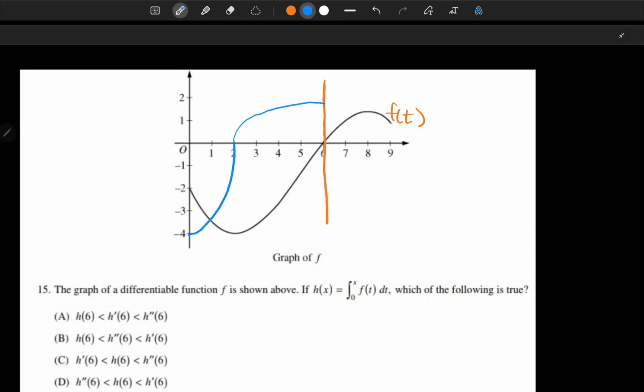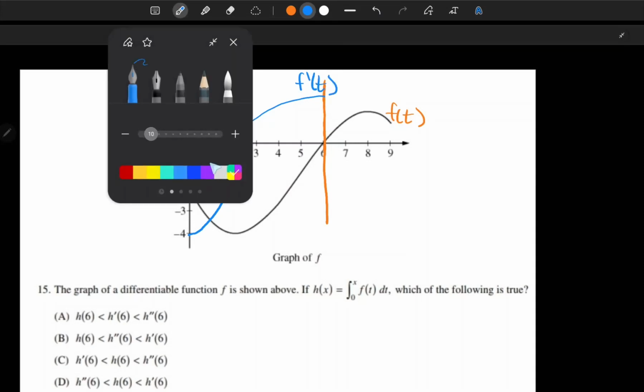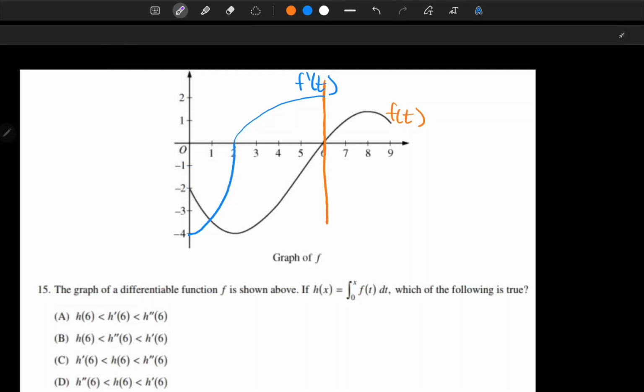Where here, at this point, we have the maximum value. So making this a little neater, we have the maximum value here. And then it doesn't matter what happens after 6, so I won't even draw it. And then, so this blue is f prime of t, and then taking the derivative of this to find f double prime, we find that,